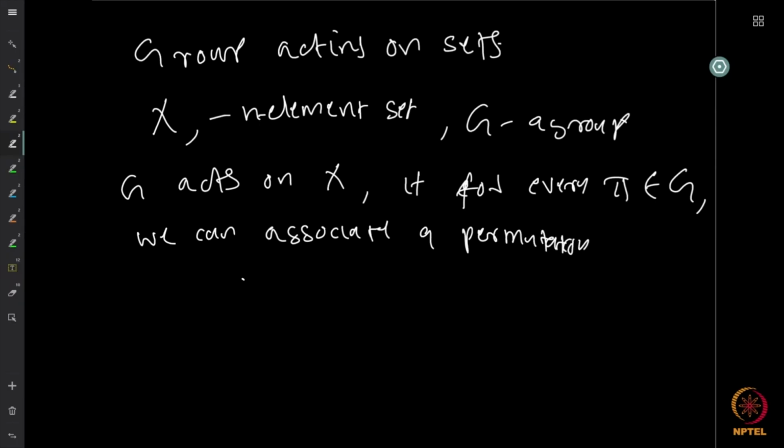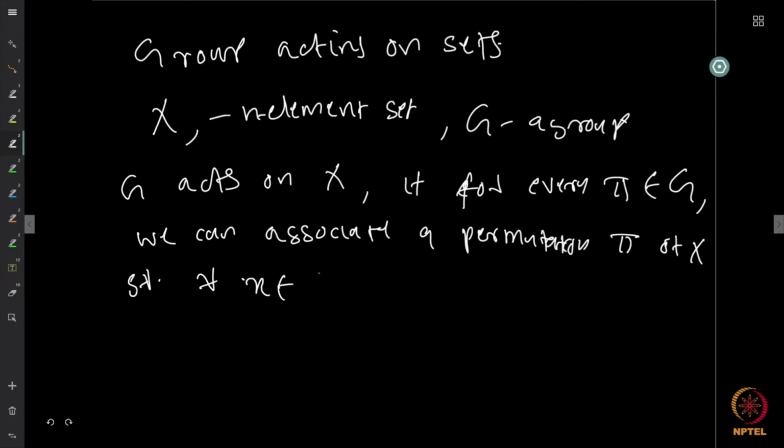We will overload the symbol by saying that pi is also a permutation. So we will use the same thing, a permutation of the elements of X, such that for every